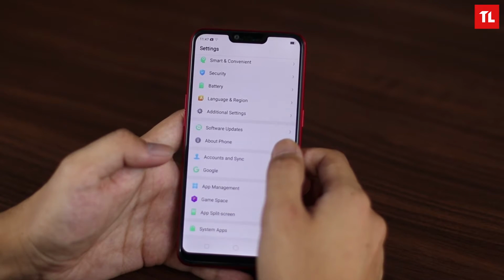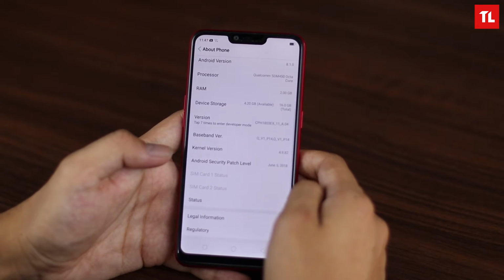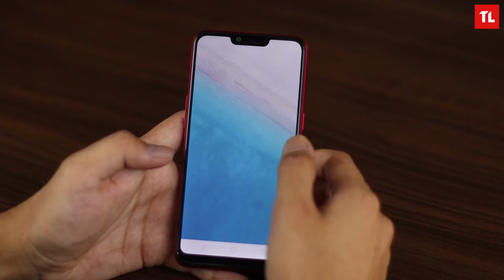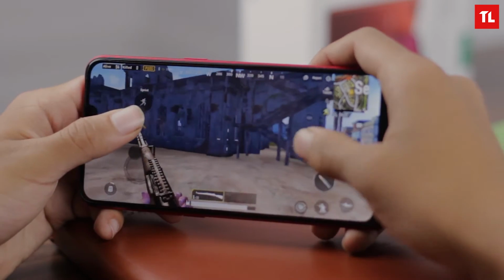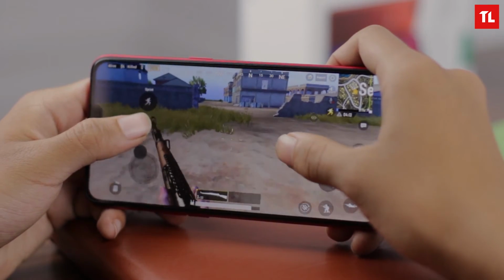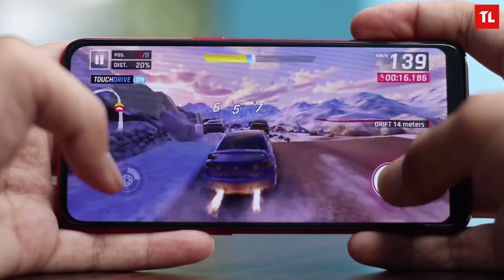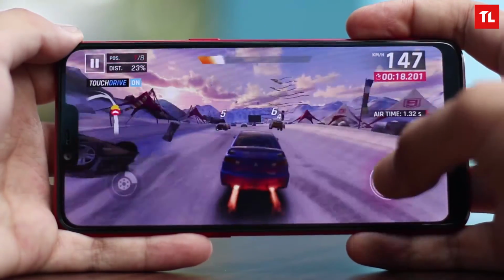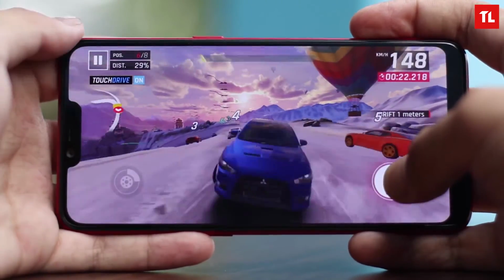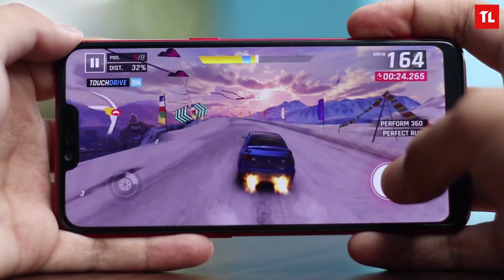Now the Oppo A3s doesn't have the best spec set, but it comes with Qualcomm's entry-level Snapdragon 450 processor and 2 GB of RAM. I did not have high hopes of playing PUBG, which is one of the two games that I play on my mobile phone, the other one being Asphalt 9. However, I did play both of these games and they were playable on the lowest setting. They were laggy with PUBG, that is obvious, but it's pretty much playable, whereas Asphalt 9 performed